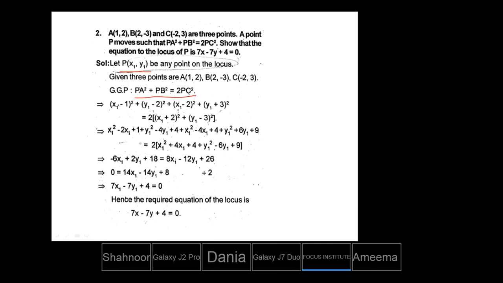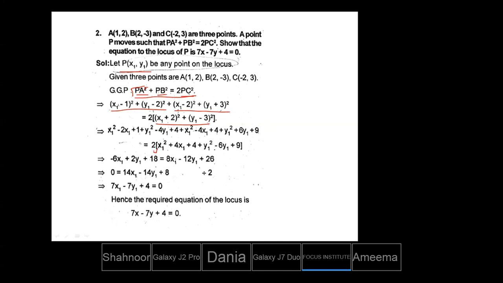So what is PA square? The distance between P and A. So we are applying the distance formula. PA square, so root and square will get cancelled, right? Similarly over here also, root and square will get cancelled and you will get this. This is PB square and this is PC square. Root and square are cancelled. Now use the A plus B whole square formula. What is the A plus B whole square formula? It is A square plus 2AB plus B square. And the A minus B whole square formula? A square minus 2AB plus B square. Apply the formula, and you will get this one.